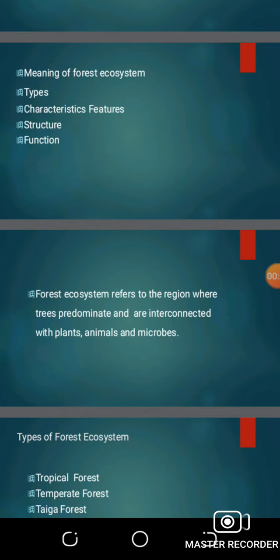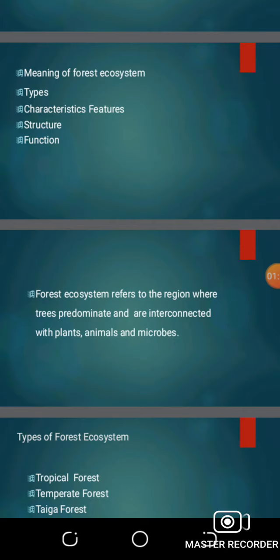So forests are important global sources that provide a wide range of environmental, economic, and social benefits. They provide a variety of viable products like timber and fuel wood. And forest ecosystem comprises of soil, trees, insects, animals, and birds.